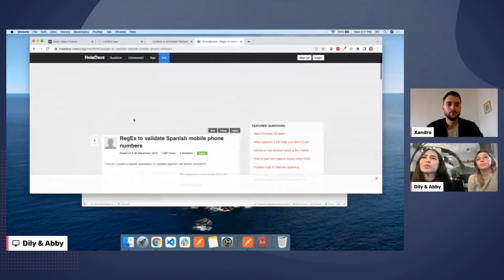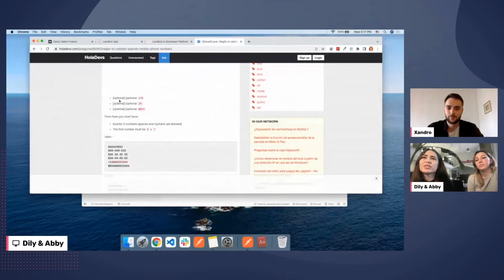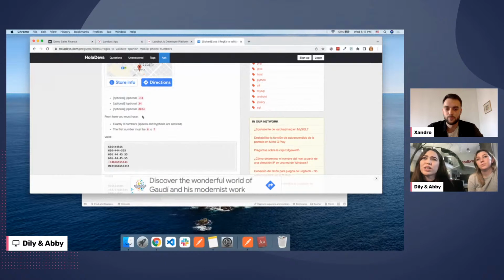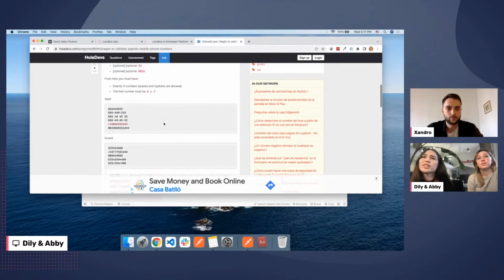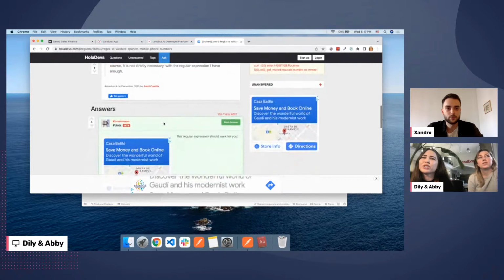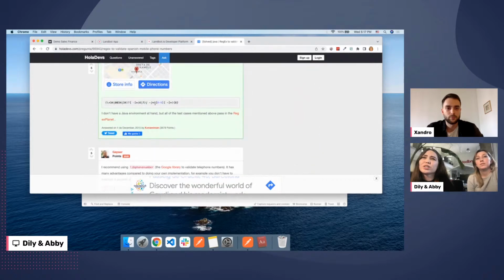For example, in this one, the user is specifying the optional format that he wants to allow and what exactly needs to be matched, like the number of digits and the first 2 digits. In this case, the regex expression is this one, so we could just copy and paste it.